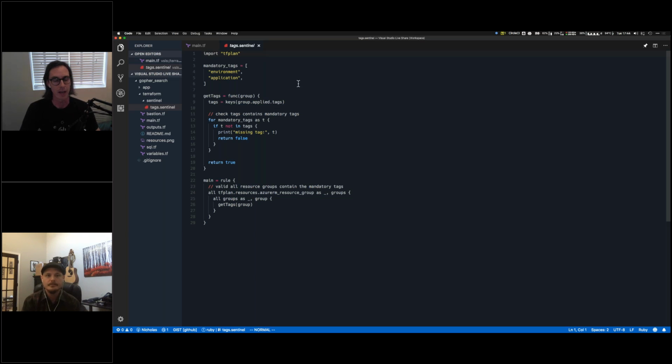So for example, I could write a policy which said I'm not allowed to open port 22. Or I can write a policy like this example here, which states that I've got to have these mandatory tags. So reading it from the bottom to the top, we have a rule. And a rule is something which has to equate to true or false. It has to pass for the plan to, the apply to be allowable. So automatically, Sentinel is going to make the resources which are in my configuration available to me. So I can iterate over those Azure resource groups, and then I can look at each group